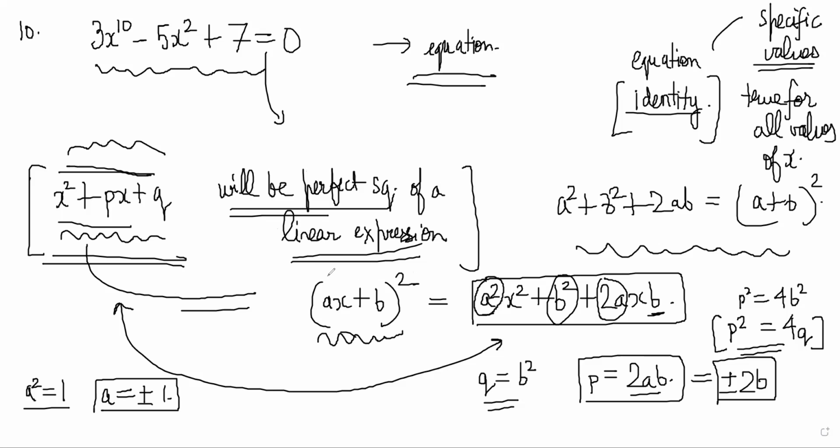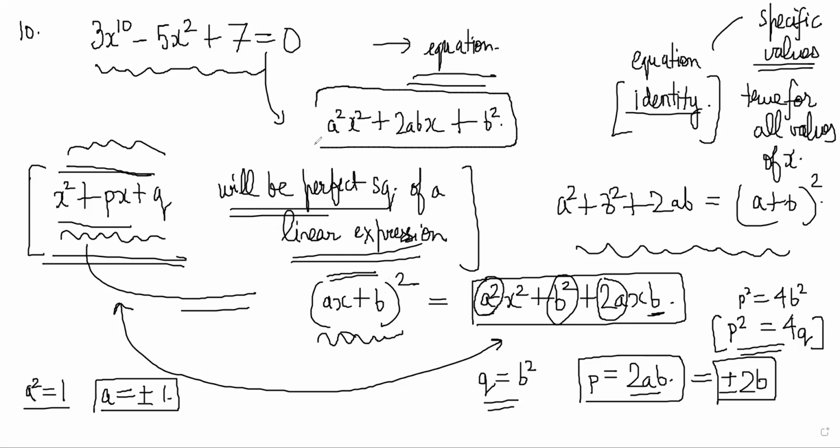We took a linear expression, we squared it, and then we saw that it looked like this: a square x square plus 2abx plus b square. And the question is saying, when will this be equal to this, right? After that, we were just matching the coefficients. Here there is a 1, here there is a 2ab, which must be p, here there is a q. You understood the process, right? I think the important part is to understand the process.